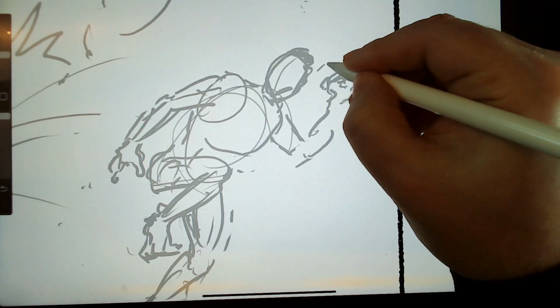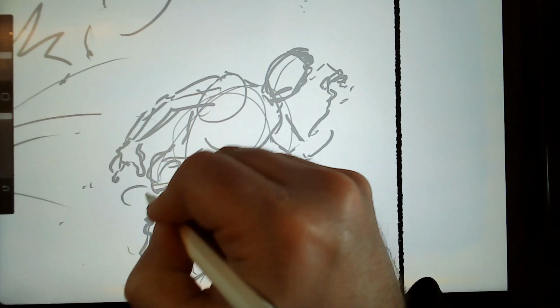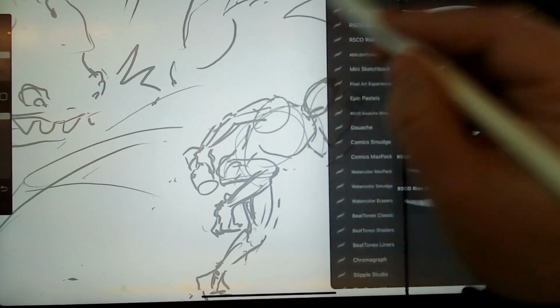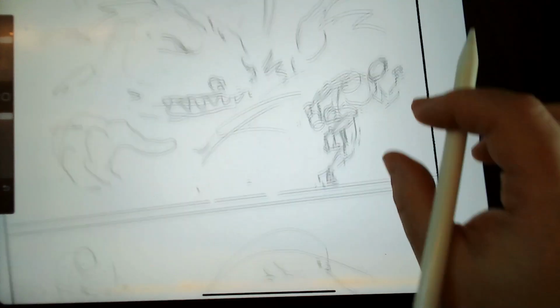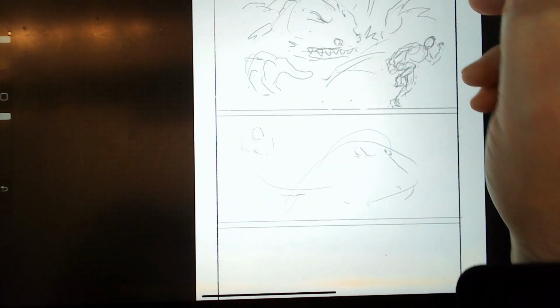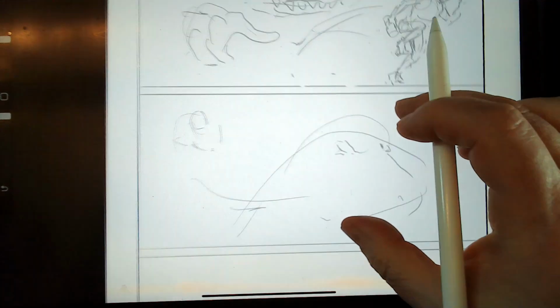Maybe he's already got the bottle, even the jar. Put it in this hand. Okay, he's got it. And then